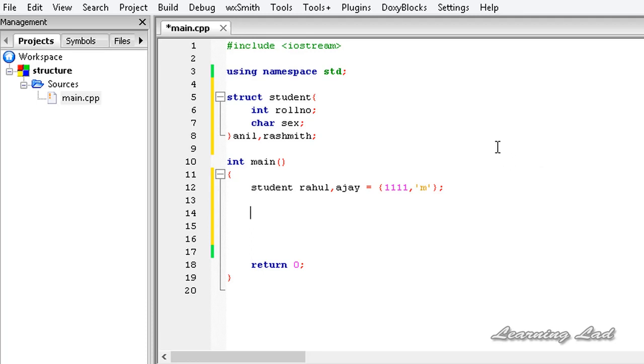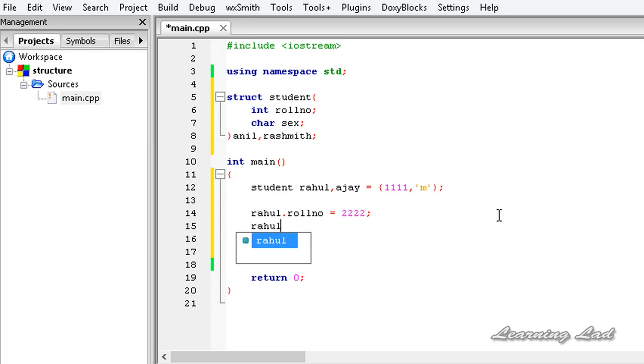Another way includes the dot operator. A dot operator in a structure is used to access the structure members. If we want to access the structure member roll number, then we just need to write the structure variable name, let's say Rahul, and then use the dot operator, then specify the member name, roll number, then the assignment operator equal to, let's say a value of 2222, and again I'm going to use Rahul dot